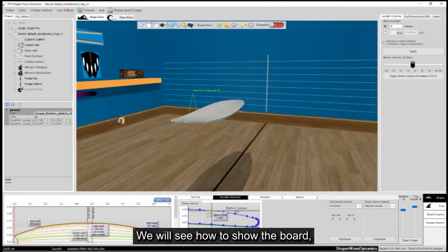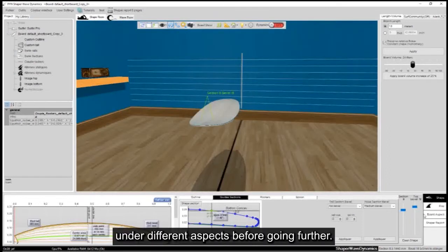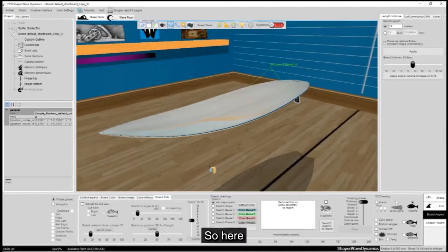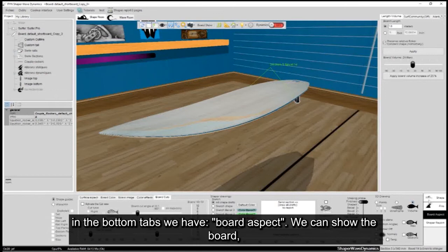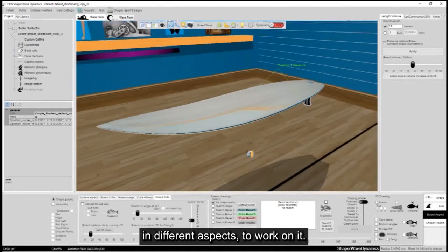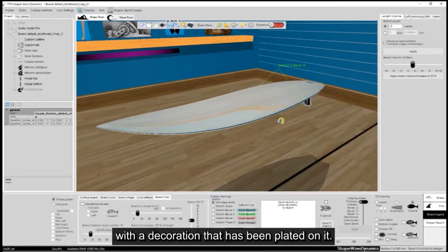We will see how to show the board under different aspects before going further. So here in the bottom tabs we have board aspect. We can show the board in different aspects to work on it. We see in the shaping phase that the board is shown finished, with the decoration that has been applied on it.